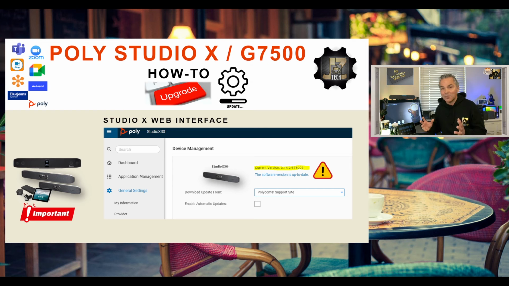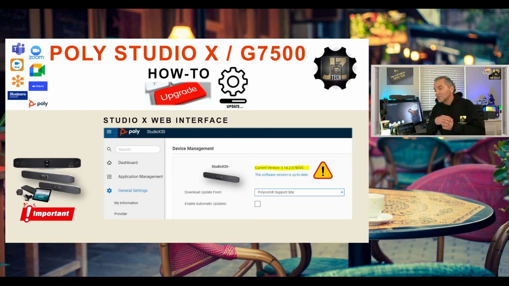I think that is important. That will come probably in a while. We still see there the 3.14.2 as the latest, because this is the latest version. You've got to be on it to get to 4.0. But if you are now on an older version, you really need to go in there and upgrade at least